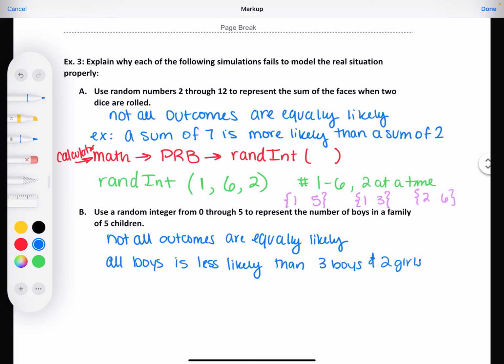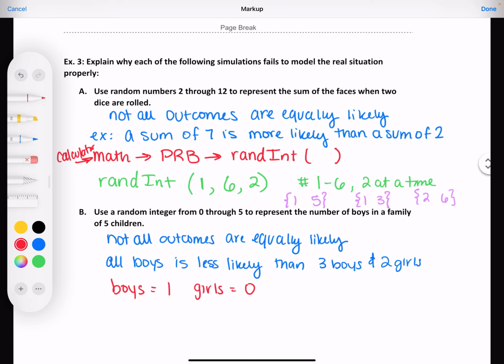So if we were to do this, you need to lay this out beforehand and decide, because you're not going to change this once you do it. We would say boys are going to be represented by the number 1 and girls by 0. So on your calculator, follow the calculator steps.